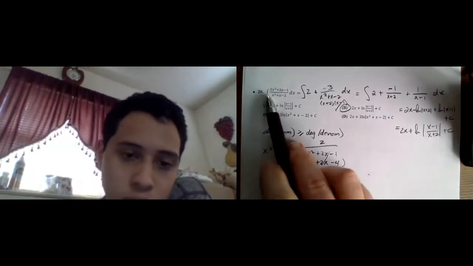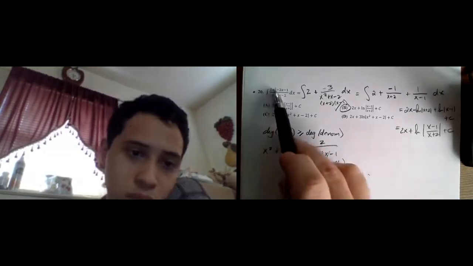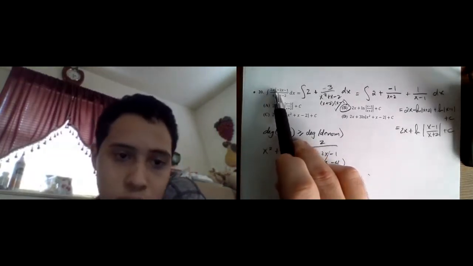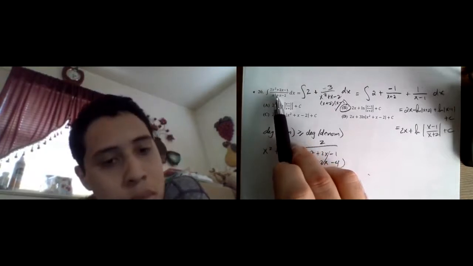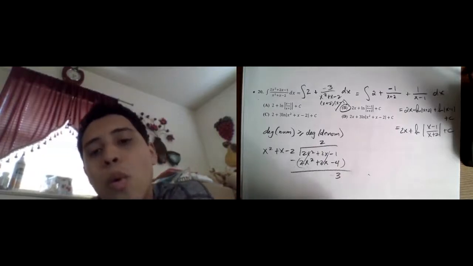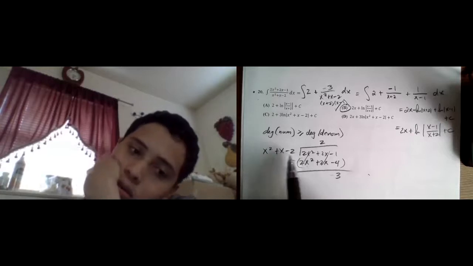So we've got the integral of another rational function. Notice that the degree of the numerator is equal to the degree of the denominator. So degree of the numerator greater than or equal to degree of the denominator means we need to do long division. So, here's where I did the long division, dividing the x squared plus x minus 2 into